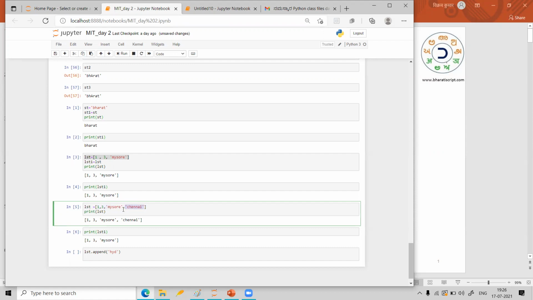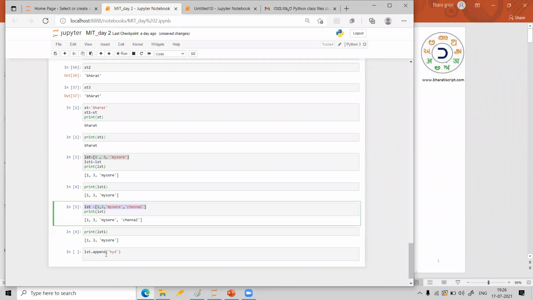I want you to understand this issue. There are only 3 elements, 3 items, so I typed the 3 items again, and then I typed Chennai. But suppose there are 30 items. According to this procedure, I have to type all 30 elements, and that is a big tedious process.